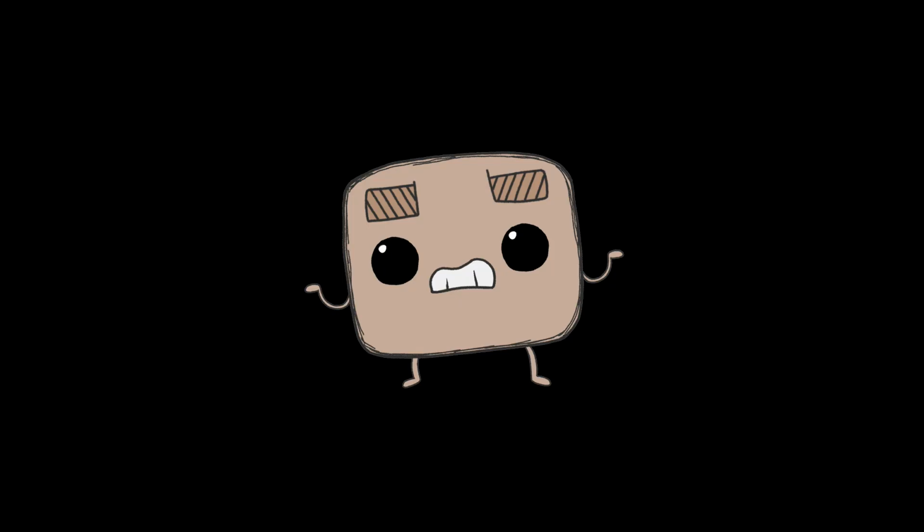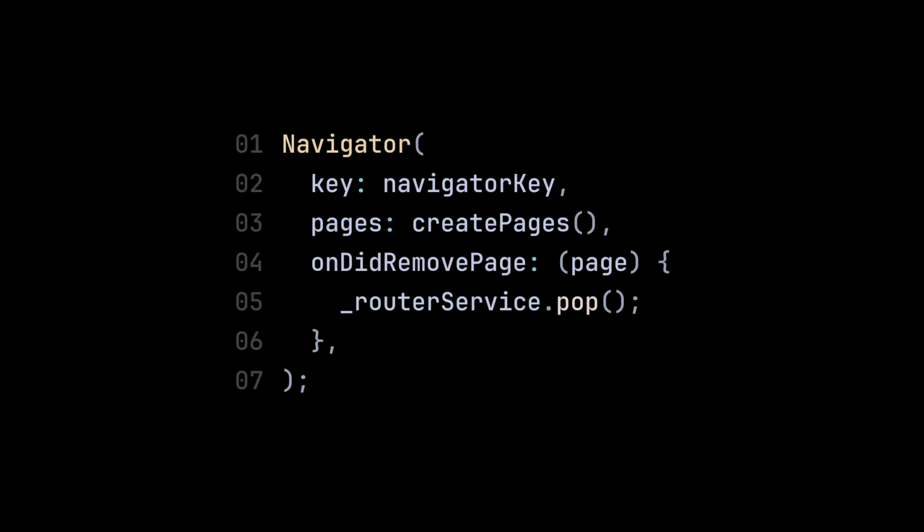But only the push and pop methods from the router service will work. The Navigator 1.0 pop method will not work. This is not necessarily a problem, but the default back button widget calls the original Navigator pop method. You can still catch this using the onDidRemove page method in the Navigator. Same thing with the browser back button. If either of those is pressed, this onDidRemove page callback will be triggered and you can update your navigation stack